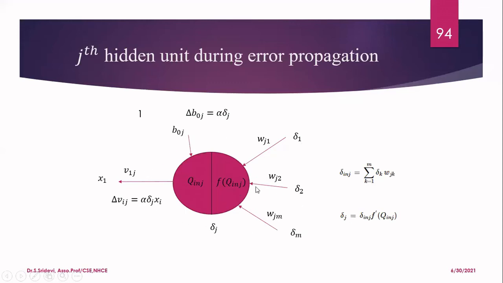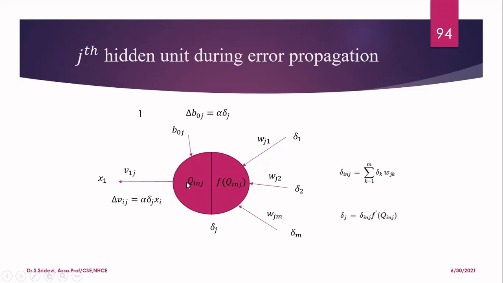It is receiving so many inputs. According to these, it is going to compute the error correction term in this neuron, which is delta j. Delta j is delta nj, which you computed with this formula, multiplied by the derivative of the activation function. This unit has the activation function f of q in j, where q in j is the input to this neuron. You find the derivative of that activation function at q in j, and multiply. You will then get delta j, which is the error correction term at this particular hidden layer neuron.